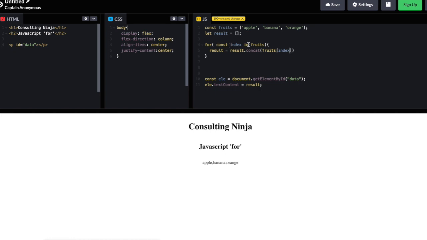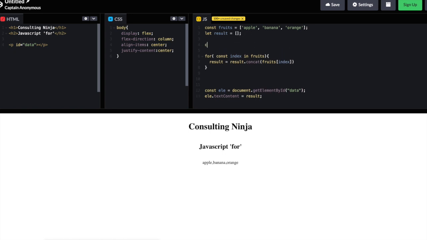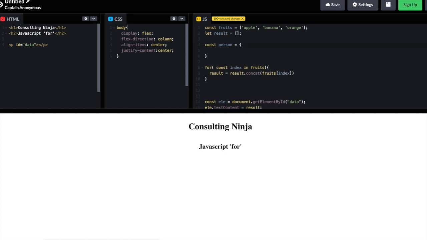So we're iterating over the indexes in that array. But you won't typically see this in the wild. I did want to show it to you. Let's look at what it might look like in real life, and that would be we'd have some sort of object, let's say a person,